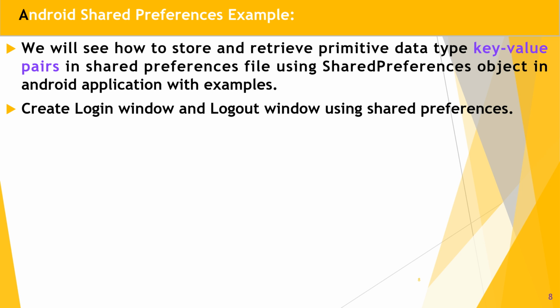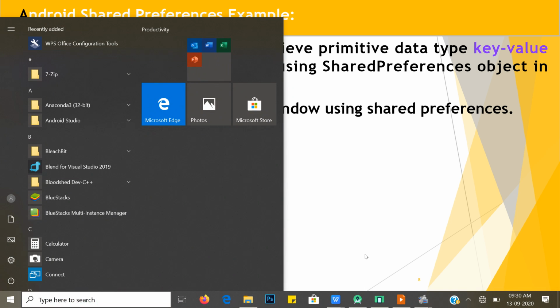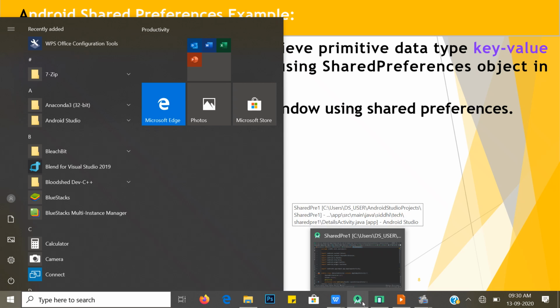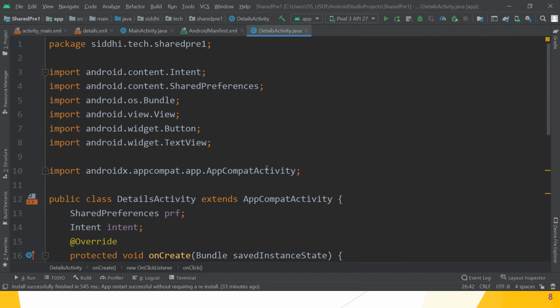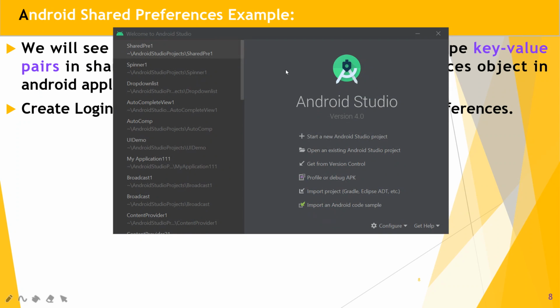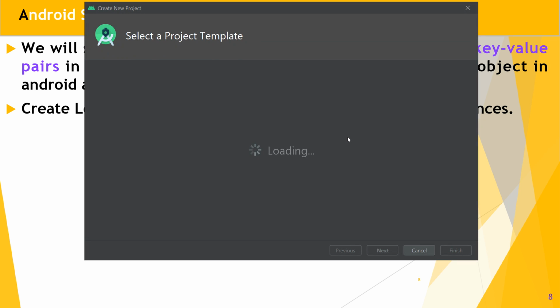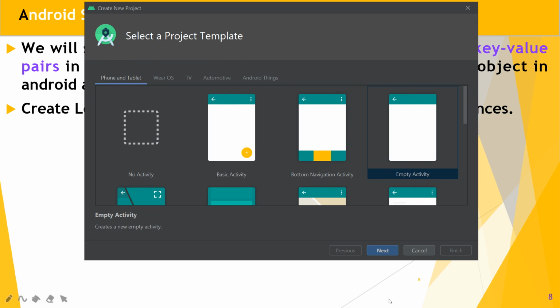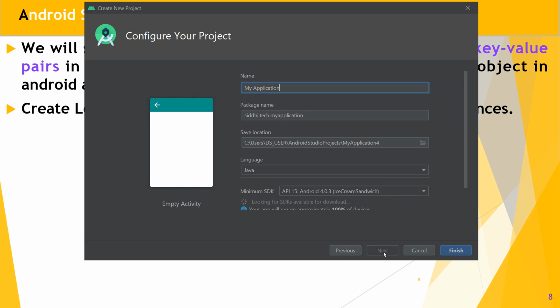So guys, move to your Android Studio. Great. Hope you understand, guys. Open your Android Studio. Then click on the file menu, close recent project and start a new Android Studio project. Then choose empty activity. Click on the next button. Give the name to your application.